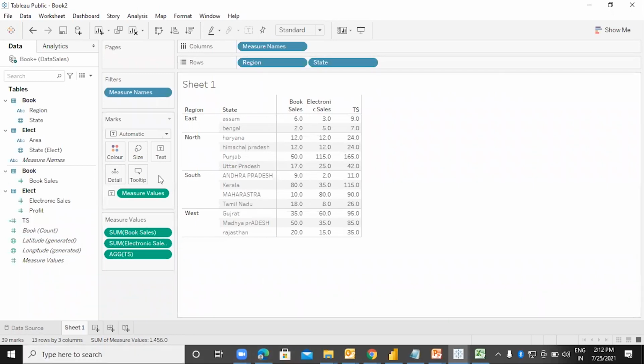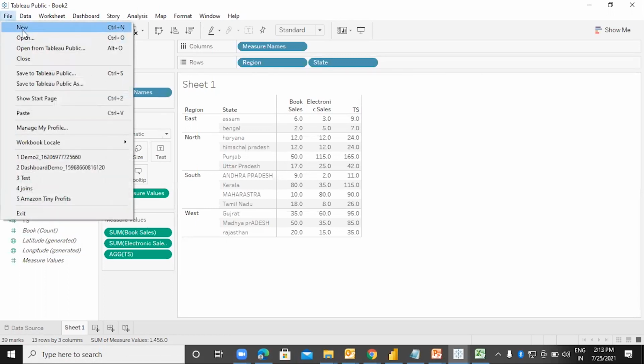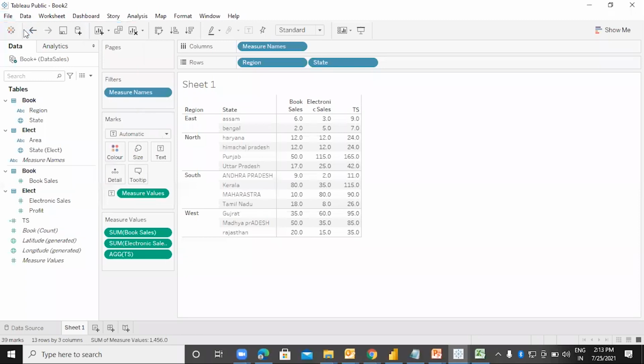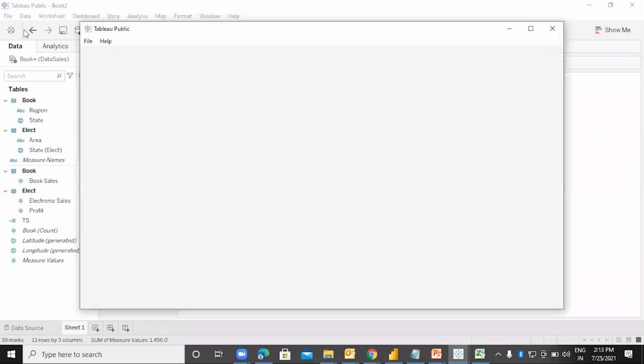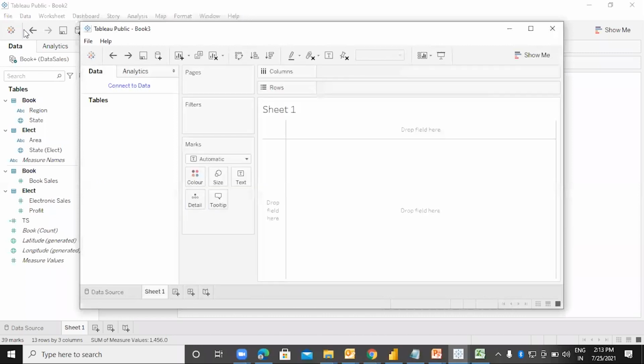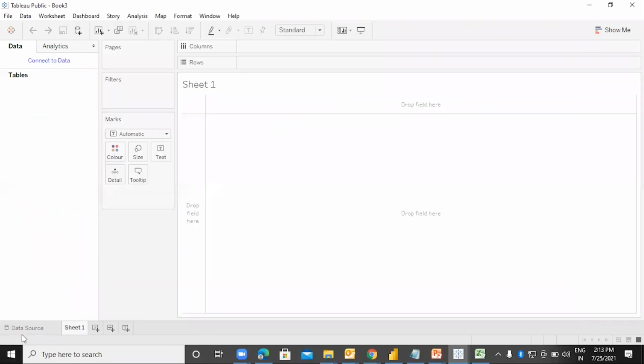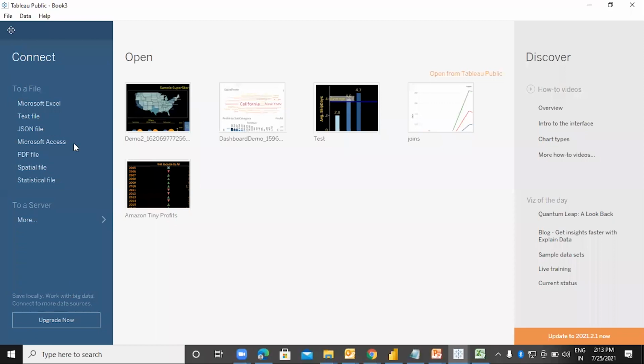And let us take one more example. There is one more type of join available in Tableau, which is known as a cross database join. Now, cross database join is a join used when the data sources are in different places. As of now, the two data sources I am working on are available in the same data source, right? But if the data sources are available at different places, like in two separate Excels, how can we do that? That is known as a cross database join.